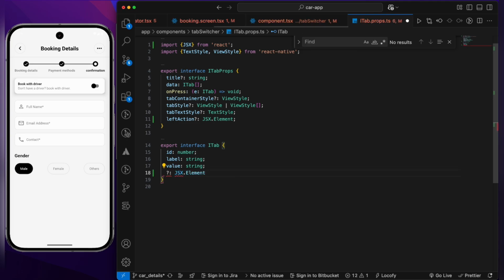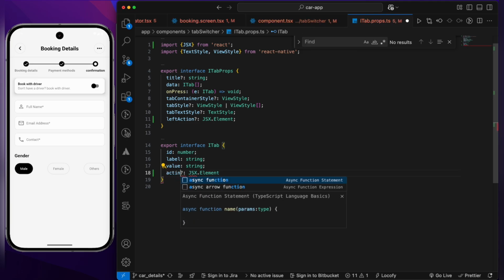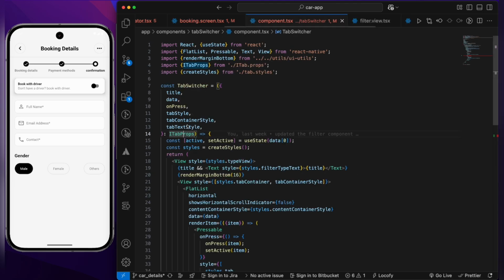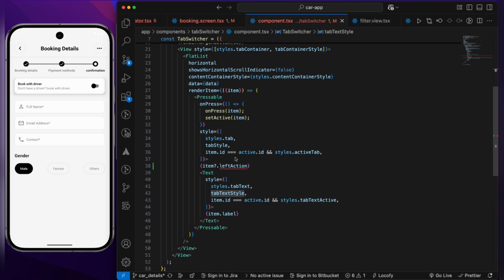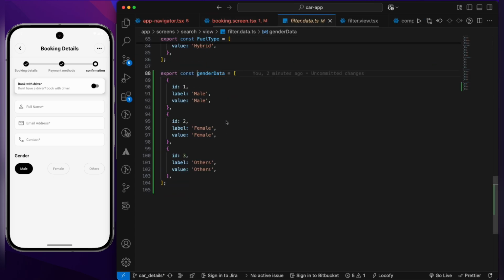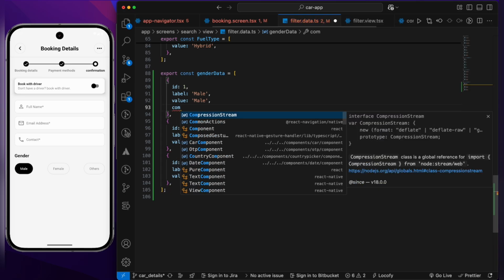Instead of left action, we can just write action. So any kind of action or even a component. Let's keep a simple name, component. Yeah, let's add a component over here. Yeah, like this. So over here I'm going to add that icon component,